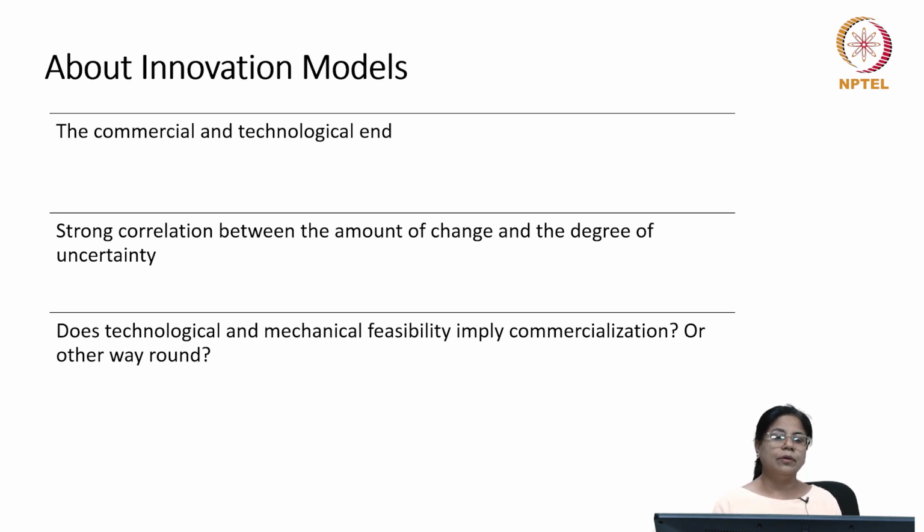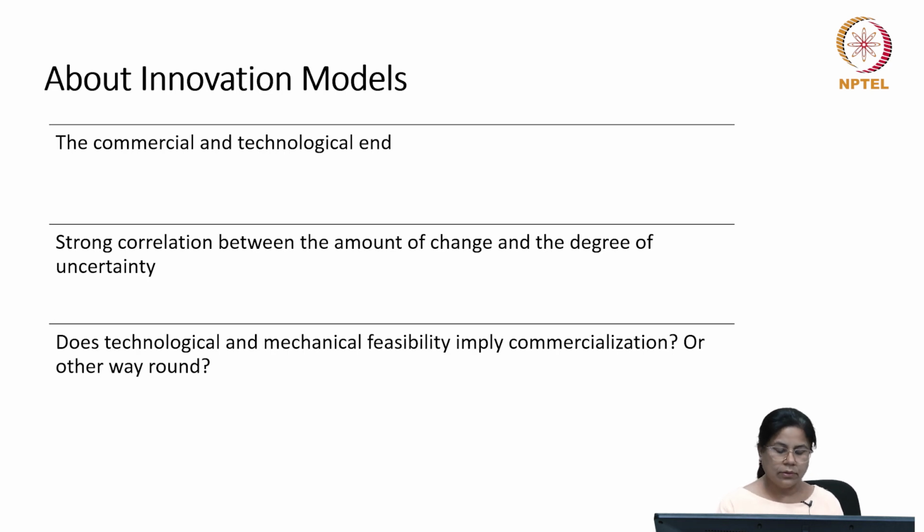First, to begin with, we need to have a little bit more understanding of the process itself. That deepening of the knowledge will also help us in understanding the evolution of the different models. This builds on the work of Klein and Rosenberg, who have pointed out that technological success is only a necessary but not a sufficient economic condition. Economic usefulness is of importance, and we have seen that over a period of time there has been overemphasis on the technological aspects. Thus, we need to bring in the economic usefulness, the commercial, the demand aspects in order to understand this entire